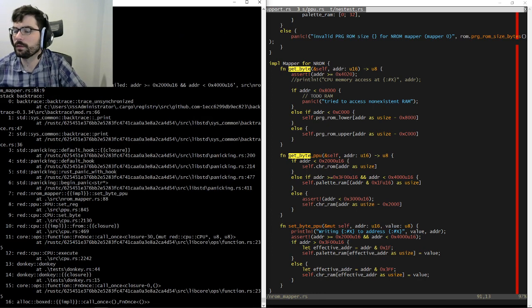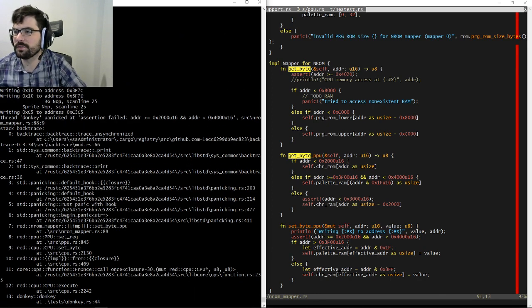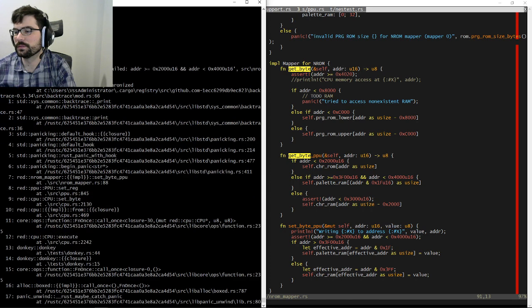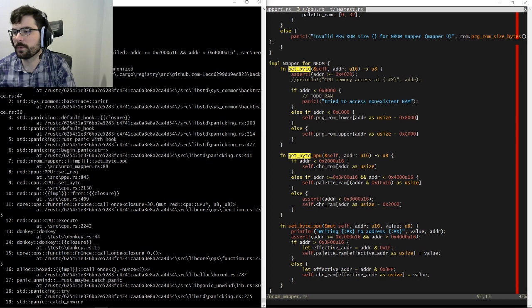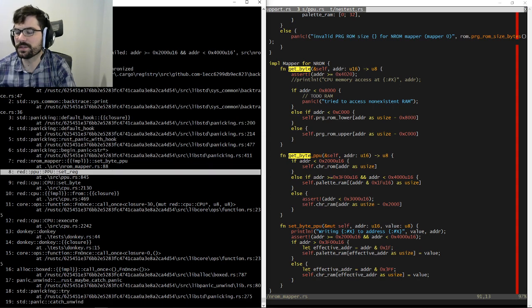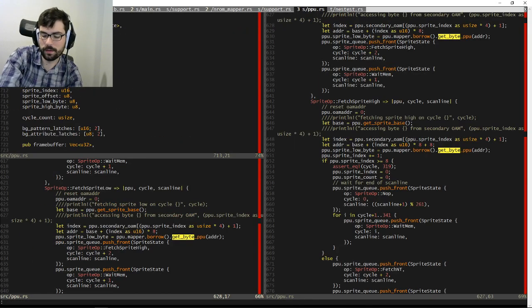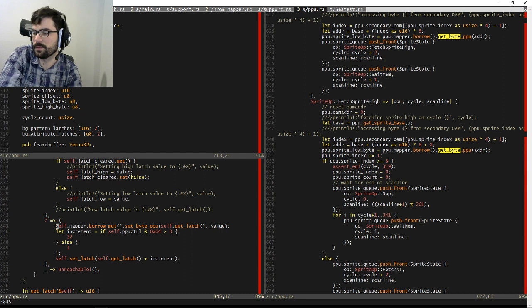Okay. Writing C5 to address C5, C5. Well, that doesn't seem right. This was called from where? Set register at PPRS 845. So that's got to be a direct write to PPU data, right?